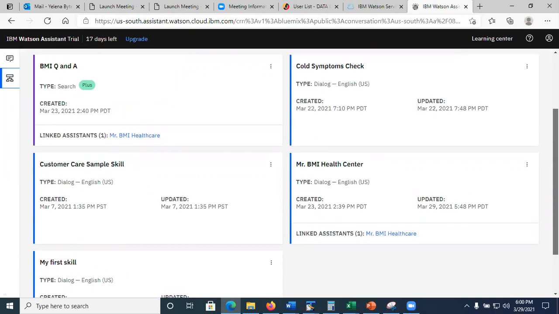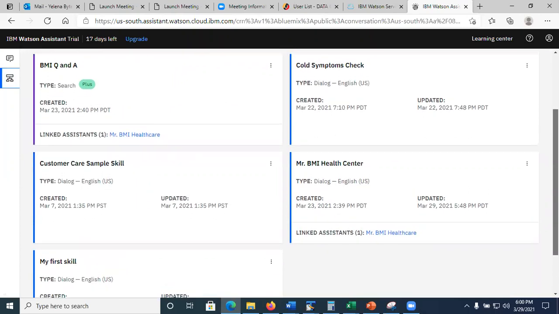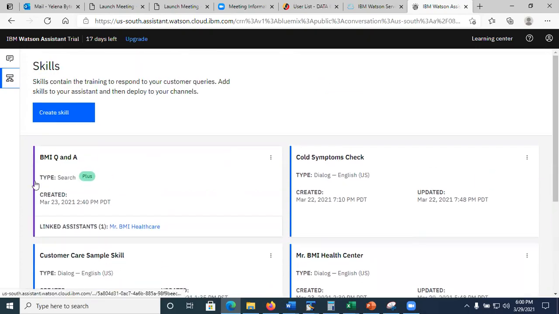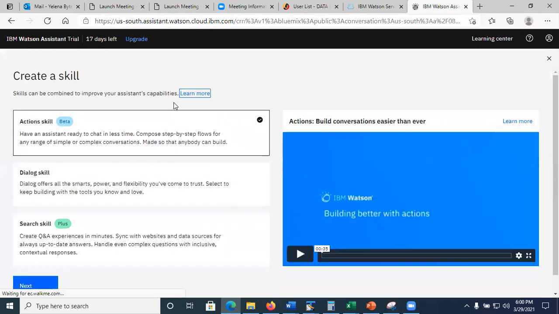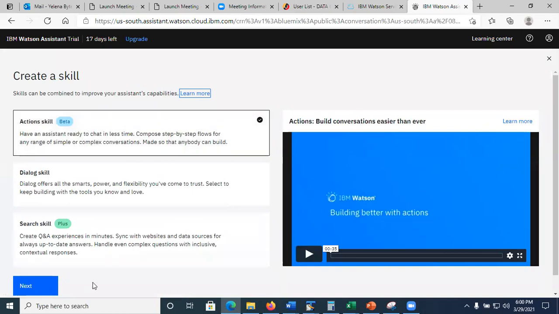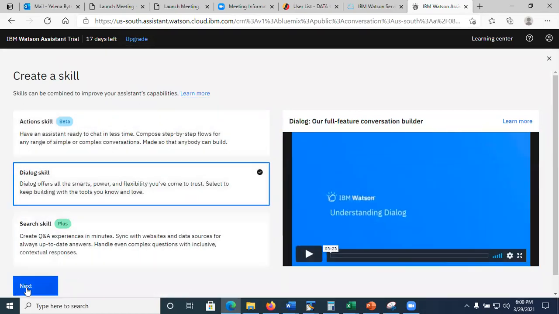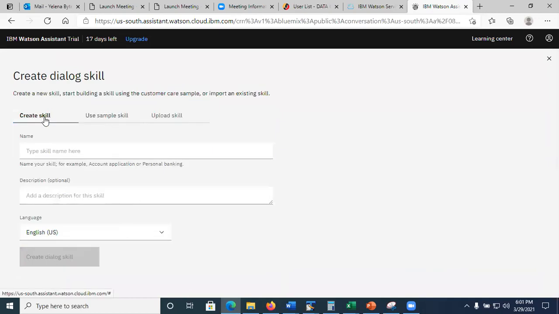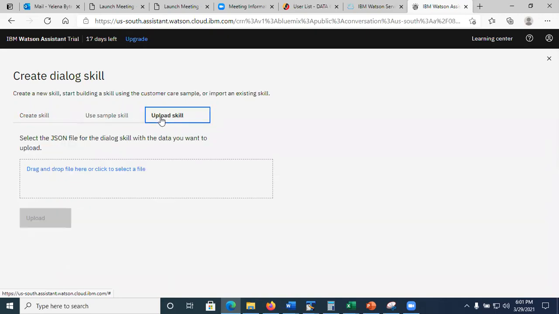Not sure where I got the other ones, but anyhow, you're going to do create skill, then select the dialogue skill, next, and here it's asking if you want to do it from here. You're going to select upload skill. When I give you the file from tonight's session, you're going to do this upload skill,